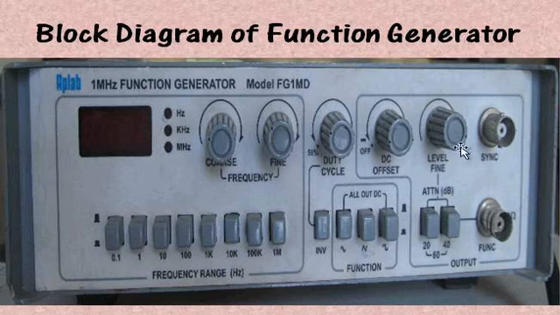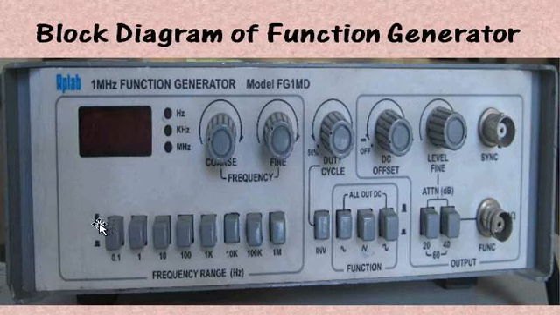These probes are given to connect the coaxial cable to apply the input from this function generator to the CRO. So here the function is given. Now we can adjust the frequency with the help of these fine and coarse frequency knobs. And here DC offset and level fine are given. By using these, we can adjust the voltage and we can see the voltage given on the front panel of this function generator.